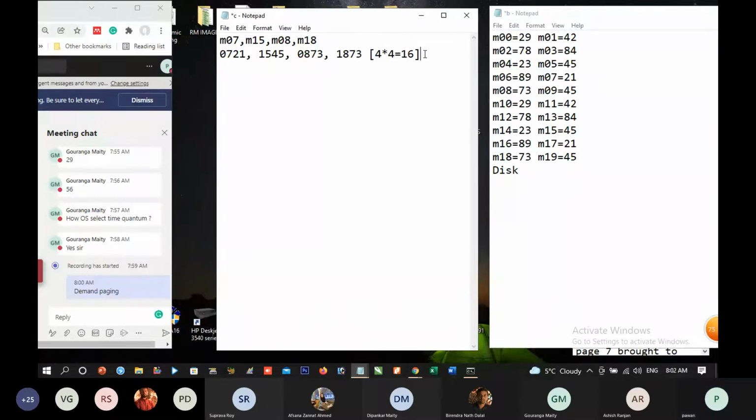Now we group the memory into pages. We say that memory 0 and memory 1 is page 0. Page 0 consists of 2 memories, memory 0 and memory 1.